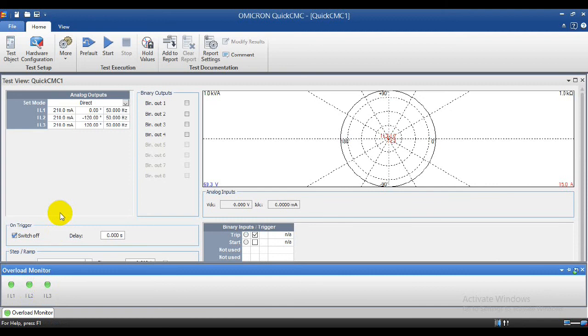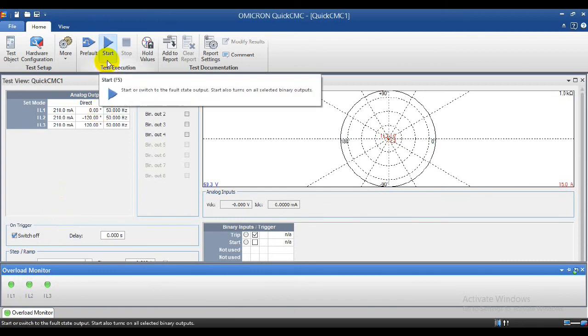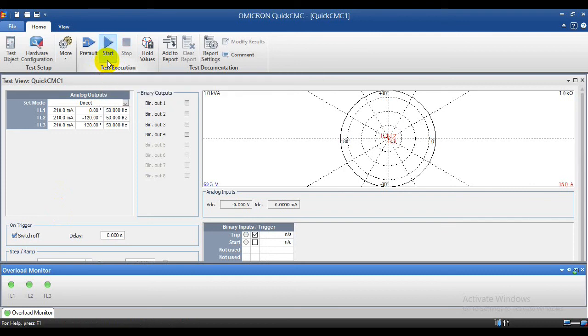Okay. Now I have connected the secondary wires to the relay, and I am going to inject the fault. Start. Yes, I got a trip in relay,